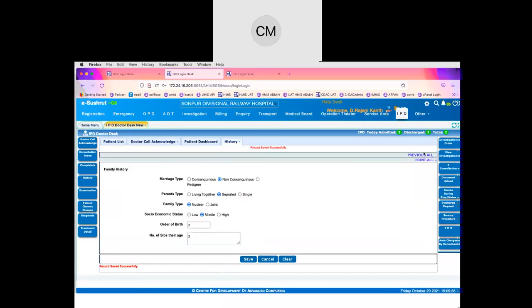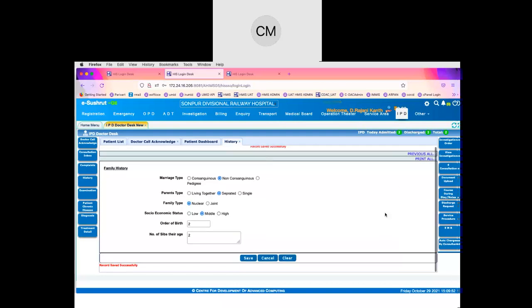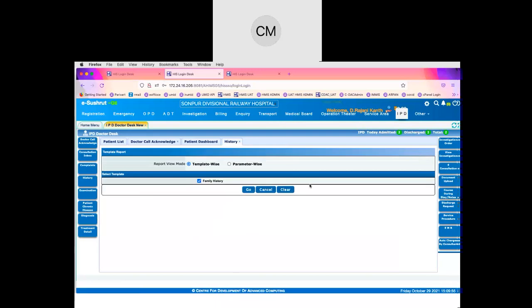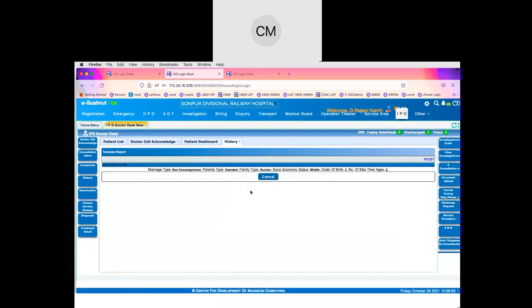So whether a marriage is of consanguineous nature, the mental state of the parents to cross check the mental status, the parents type can be seen here, whether they're single, separated. Then the family size can be indicated, and the socio-economic aspect. So those things can be entered here. So after entering the details, we can save the details, and we can also check the details updated here. So all the details will appear here.